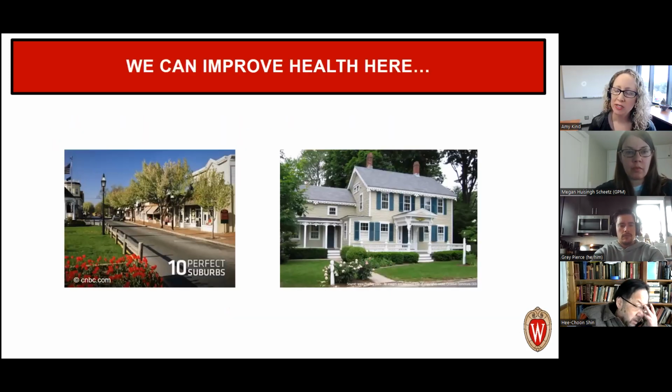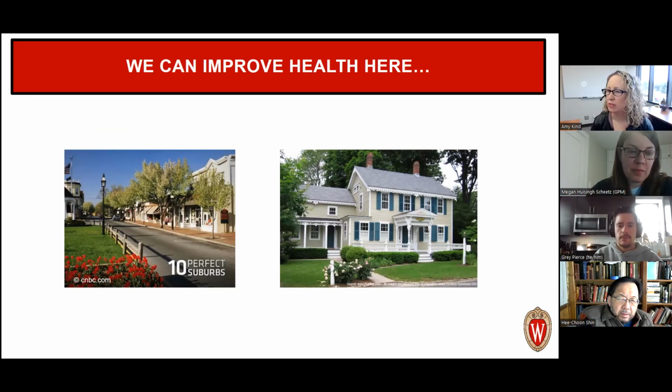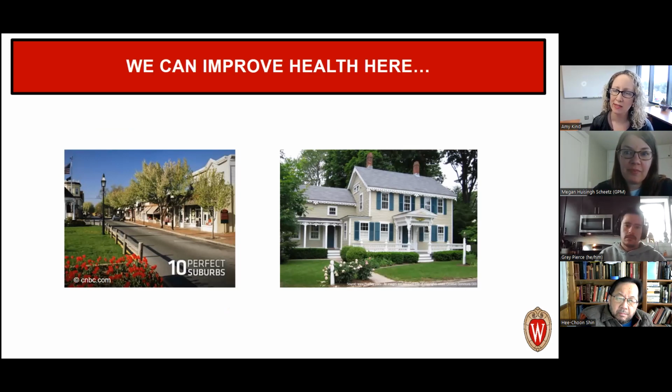So first of all, just to not spend too much time on the problem, but to give you an overview and the motivating core question that drives so much of our research forward. These are pictures from the United States, but they could be pictures from other places within the globe, certainly. And we know in most societies that we can improve health in places that look like this. If you live in a place that looks like this, you can have access to some of the best quality healthcare, to some of the most cutting edge medical technologies, and some of the best chances for high quality life outcomes as well as cures.